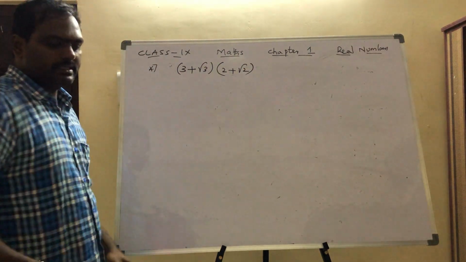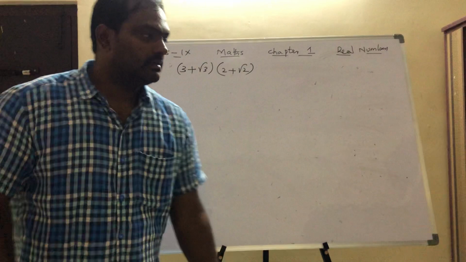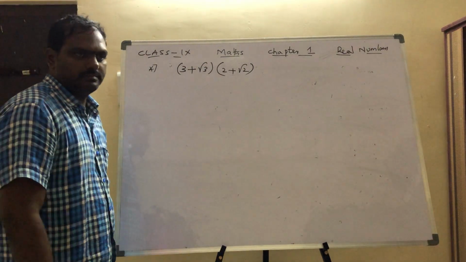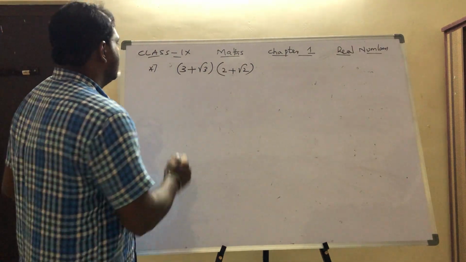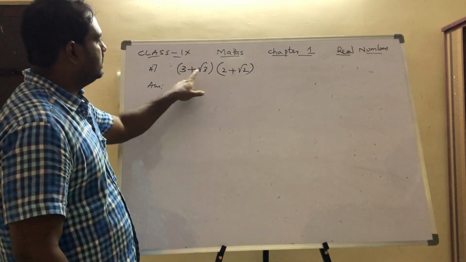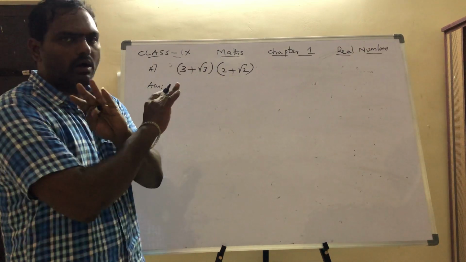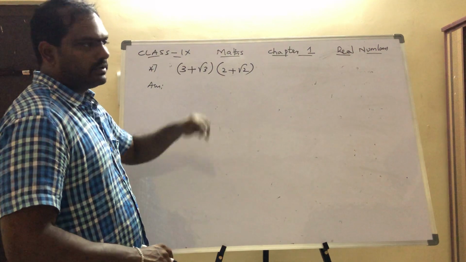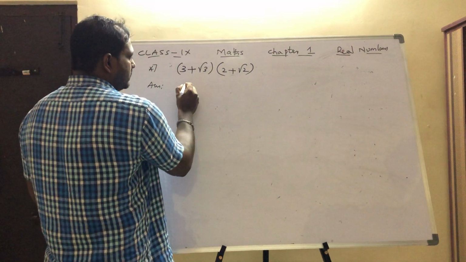So in the previous example, multiplication, it's different. This is different. So how to do this? Whenever you get this type of sum, you get 3 root 3, 2 root 2, all four are different. No combination, same, no repeating. So in this case, what I'll do is, I'll give one point to remember.